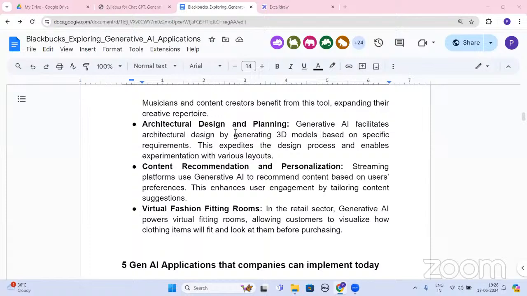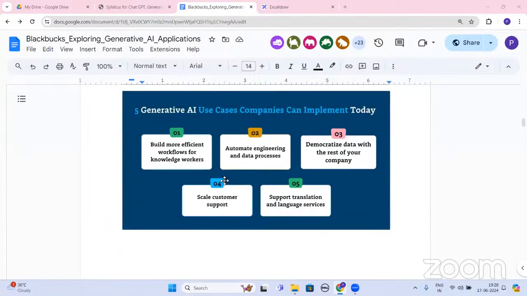Now, after this is done, here are the ideas of generative AI that are being used over here, right? So what is basically happening over here, guys? Here you can build more efficient workflows for knowledge workers, automate the engineering processes that are available over here, correct? Then you can democratize data with the rest of your company, scale customer support, and support translation and language services.